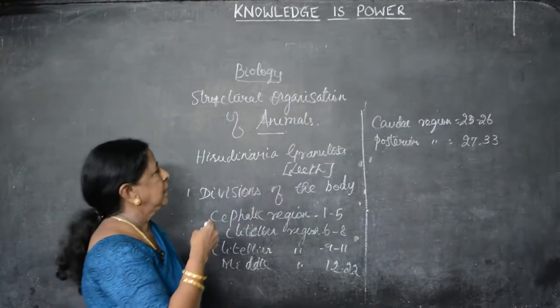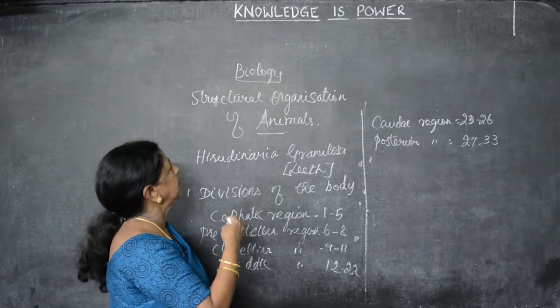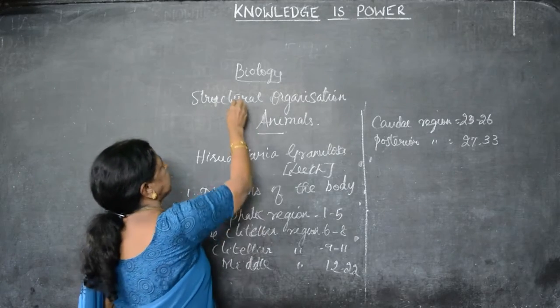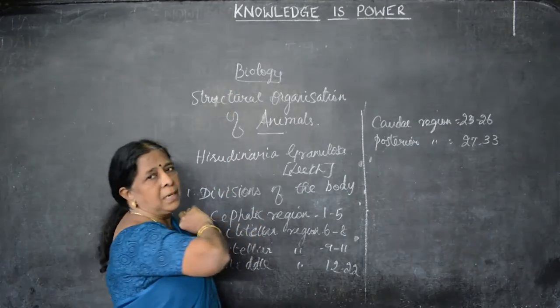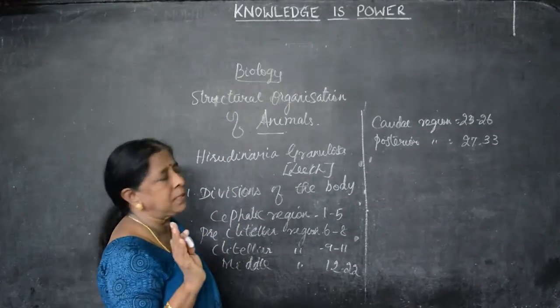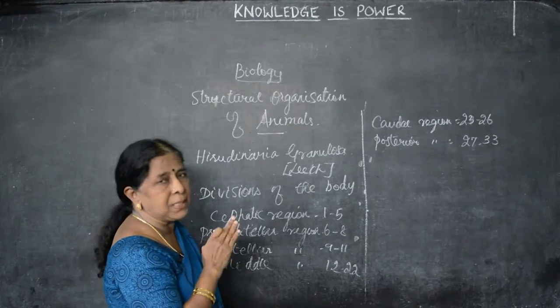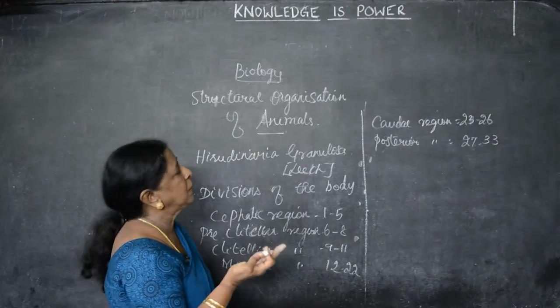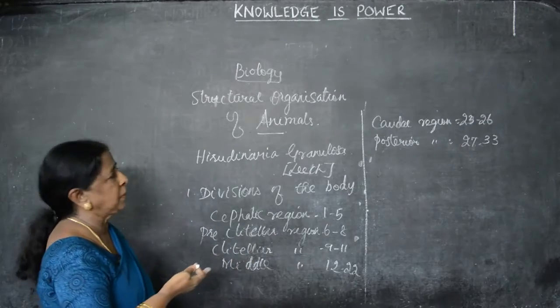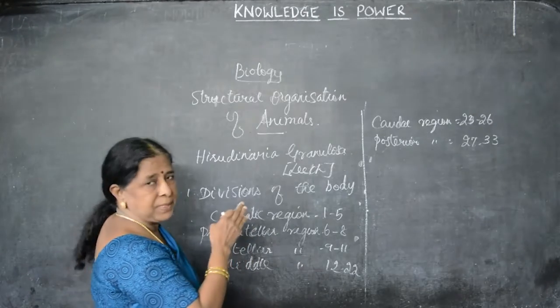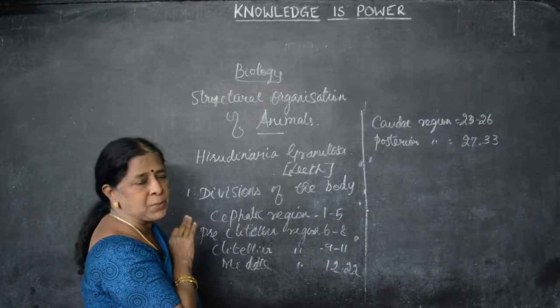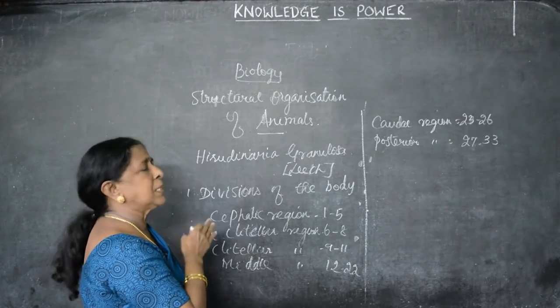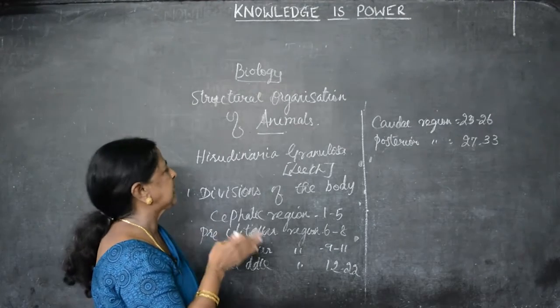Children, we have already started the lesson, that is structural organization of animals. In this I said two divisions are there, that is animal kingdom further divided into prochordata and chordata, otherwise known as invertebrate and vertebrate. So how do we classify them? The classification is known as what? Taxonomy. So it has one generic name and species name.